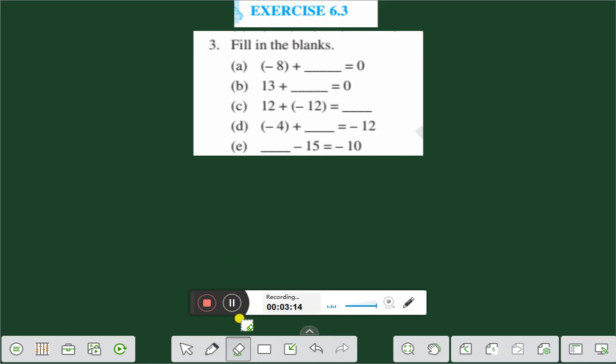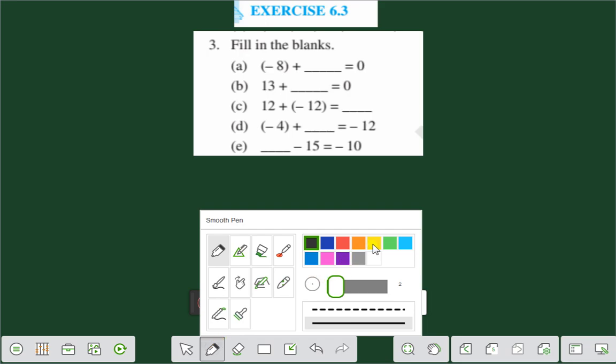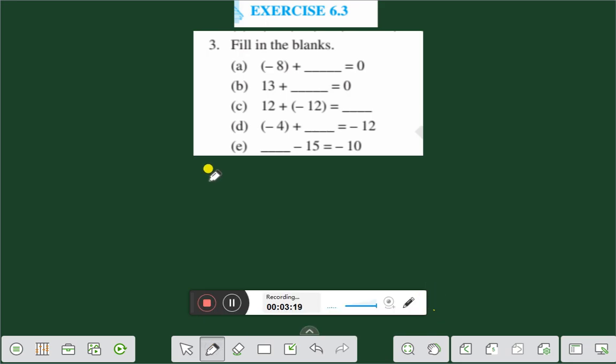Question number D is -4 plus dash is equal to -12. Let us put the value of x in the dash. Then we can say -4 plus x is equal to -12. Then we can say x is equal to